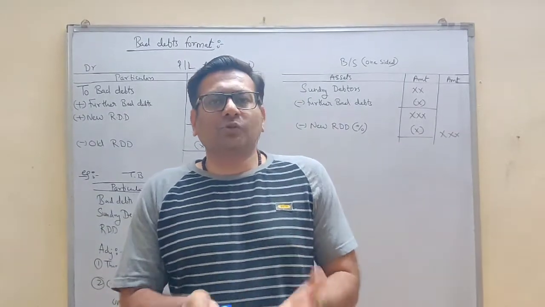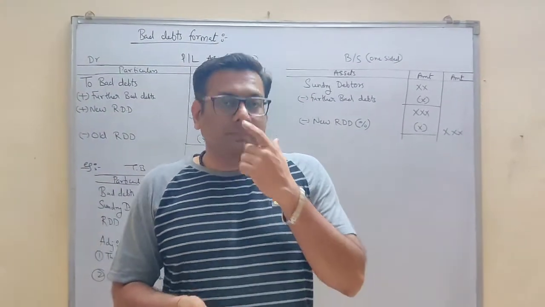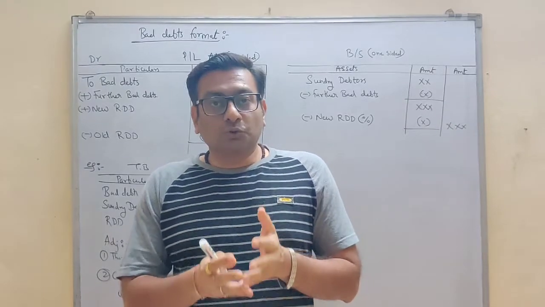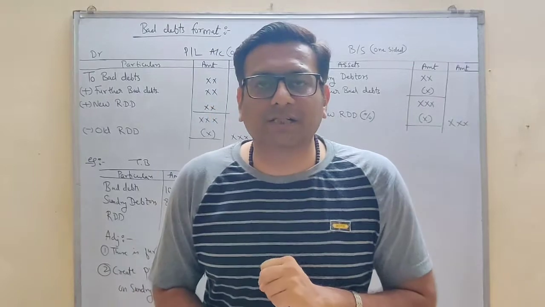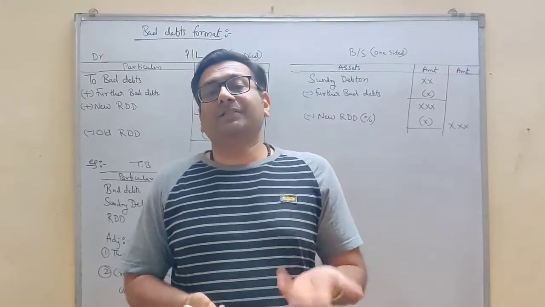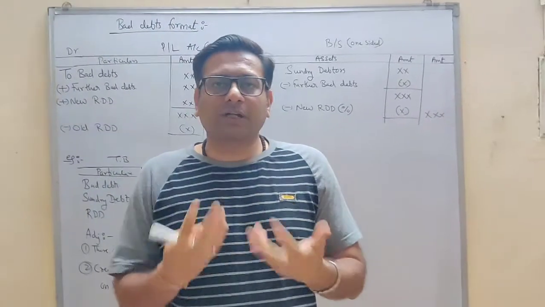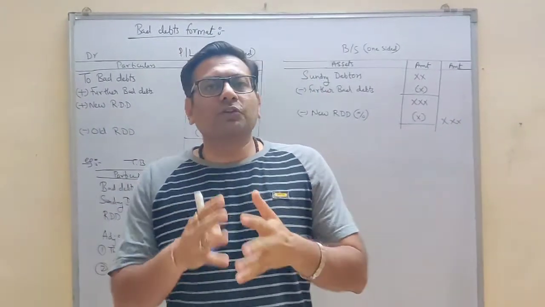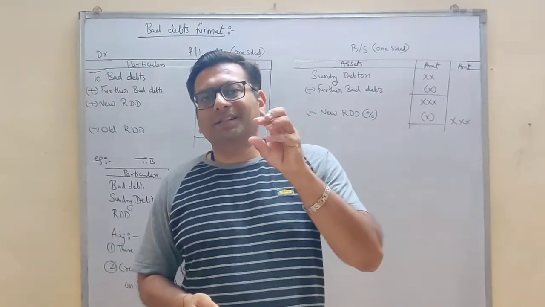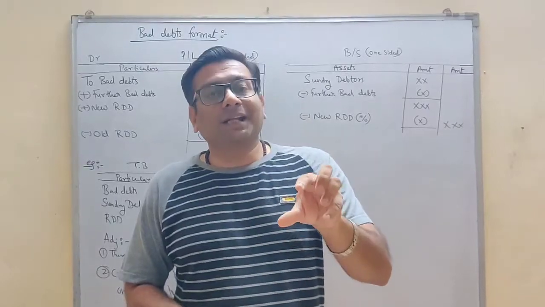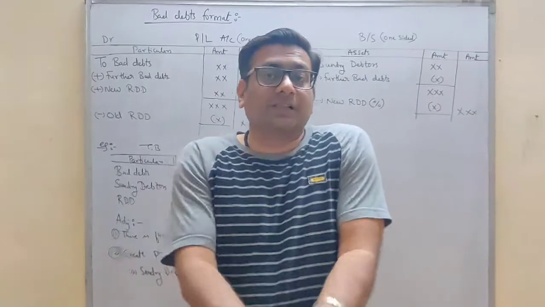So why is it so important? Every time they are testing whether you know this adjustment or not, because in this adjustment you have to also understand a format for solving bad debts. So I call it the bad debts format. What I advise you students, after learning this entire thing that I'm going to explain, whenever you start with the final account sum, I want you to write down the bad debts format in the P&L account debit side right from the beginning, before starting to solve the sum.